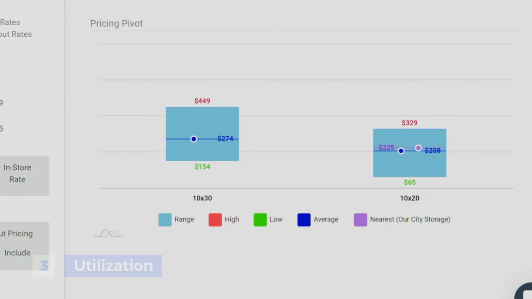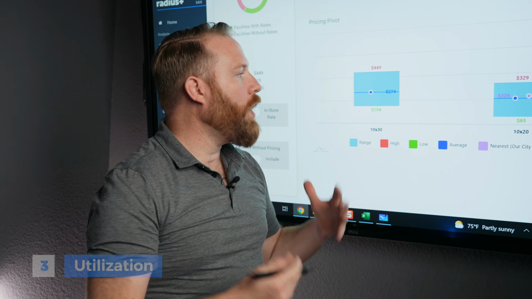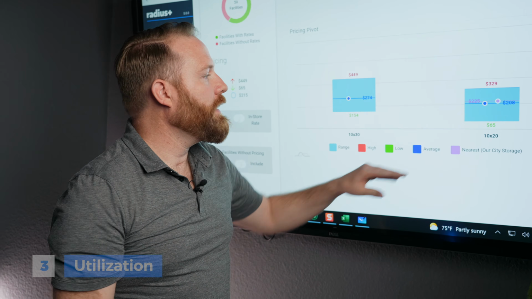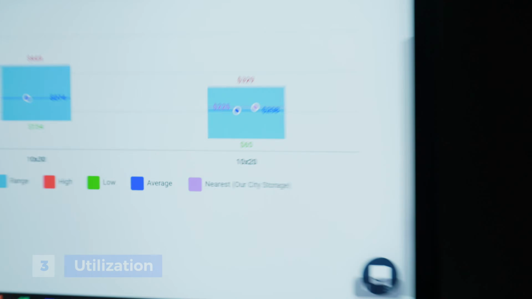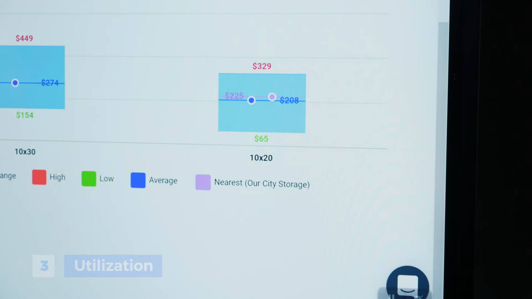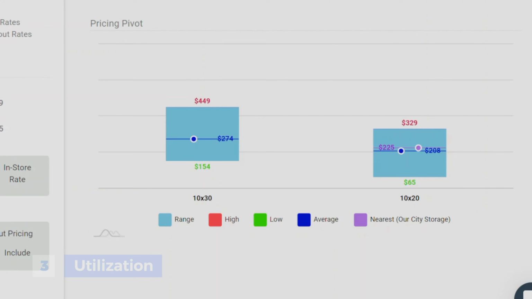And why is there a spread? Is it a spread because this operator is better? Is it location? Is it offering? What is causing this spread? A $65 to a $329 spread is a big spread. The asset that I'm buying or the area that I'm in